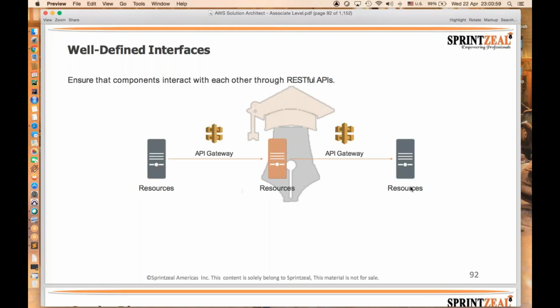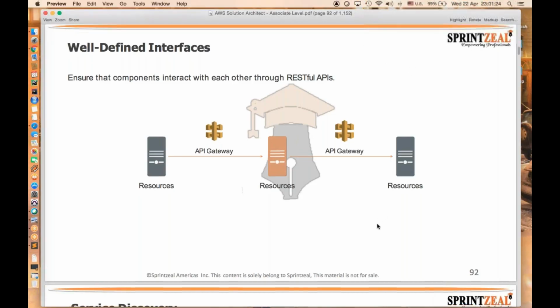We would be using RESTful APIs to get the information from different resources using the API gateway. And all these transactions and the data moving from one server to another server will be very much secured by having all the cloud features enabled to it.